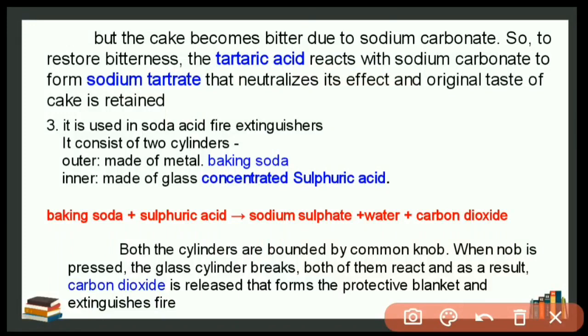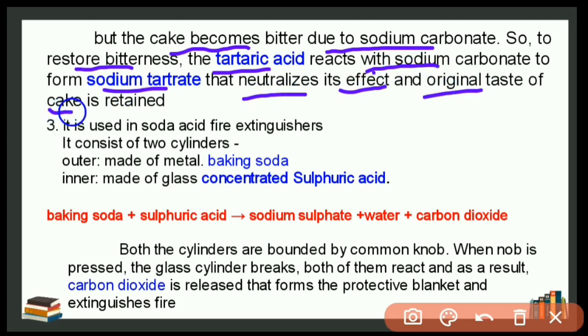But when we add only sodium bicarbonate, baking soda, the cake becomes bitter due to the formation of sodium carbonate. So to remove the bitterness, we add tartaric acid, which reacts with sodium carbonate to form sodium tartrate, and that neutralizes the effect and the original taste of the cake is retained. So tartaric acid is used for removing the bitter taste of the cake, and it is used in soda acid